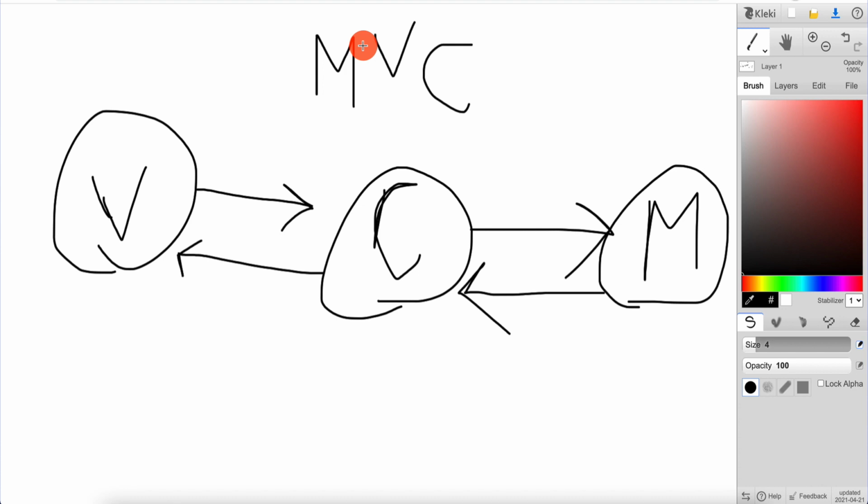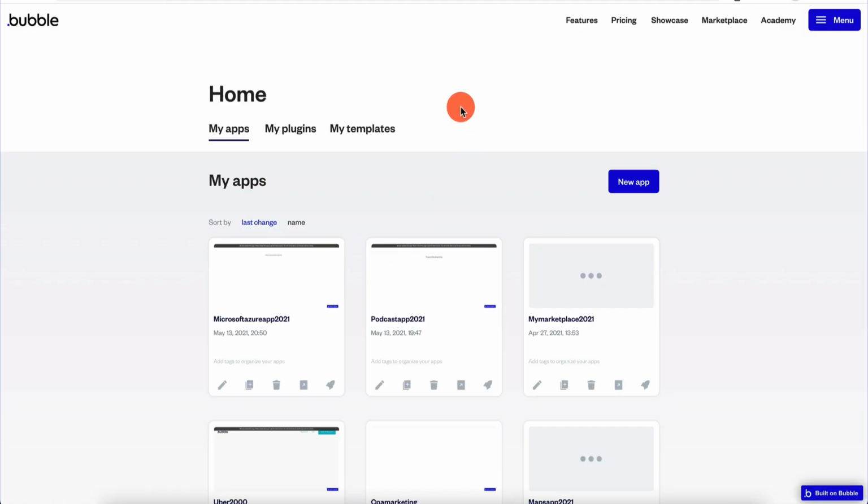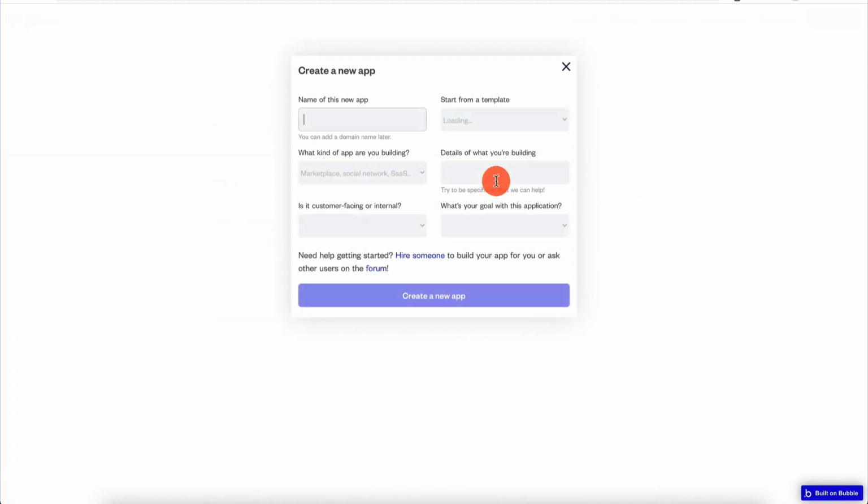Because remember, when the founders, the developers, the initial people who started Bubble went out to actually build this tool, this is the first thing they thought of, right? So if you understand this, you understand a lot of the design decisions and the functionality that went into building this tool, right? So we're going to create a new app here, and we're going to call this MVC